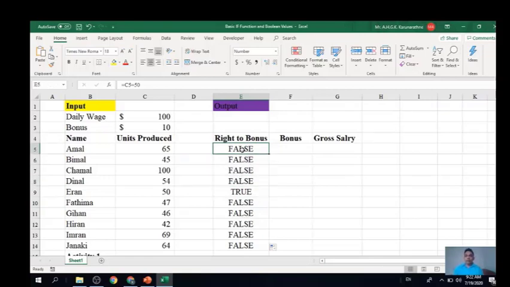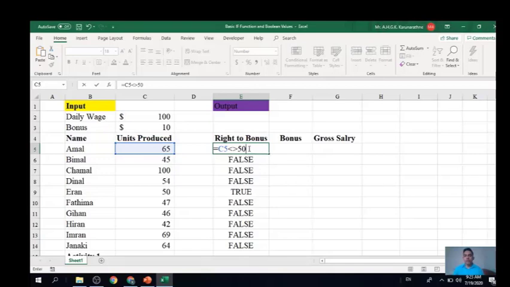So let's see how we can apply this to another condition. Let's assume we want to test whether this employee's output is not equal to 50. You can just write it like this.